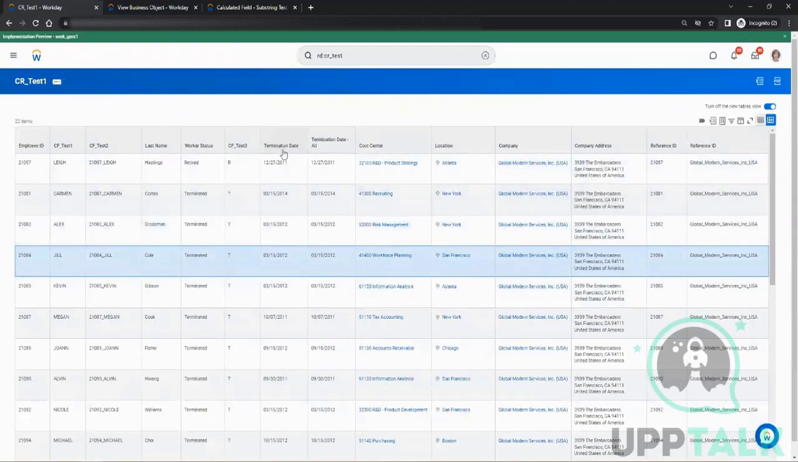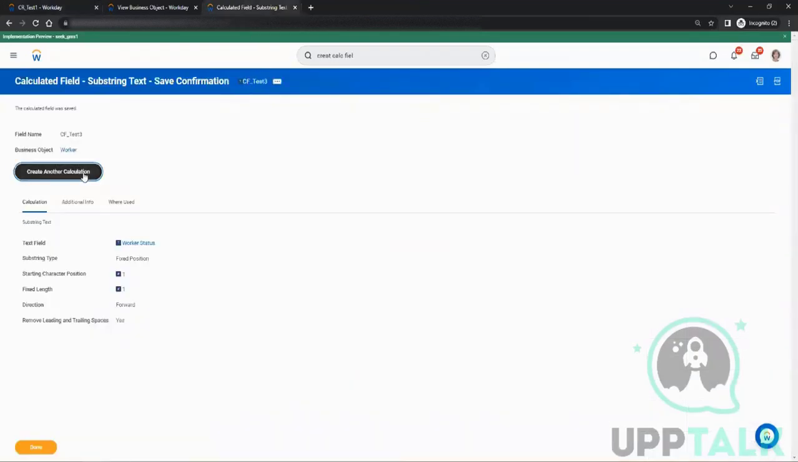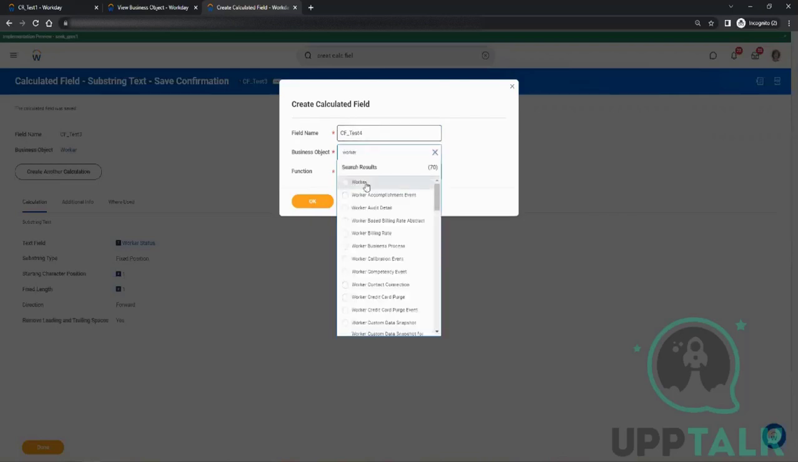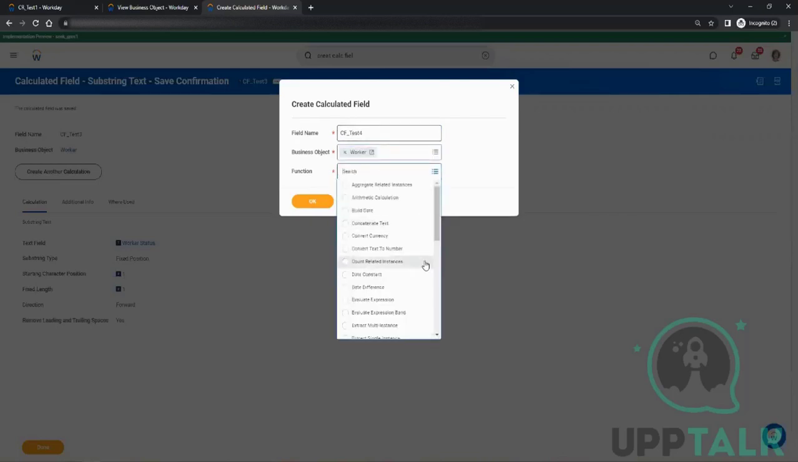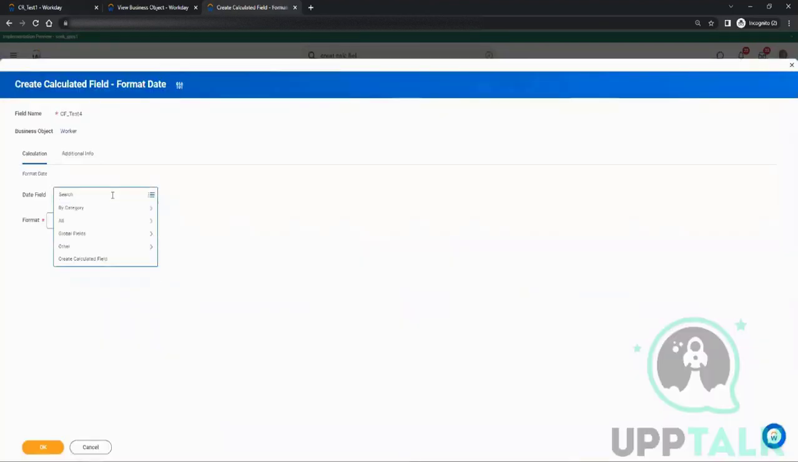Okay, now let's change the date format. So say we want some other format for this date. So this field is termination date. Let's go there, create another calculation, CF test for business object worker, and function will be format date. Click on OK. Date field is termination date